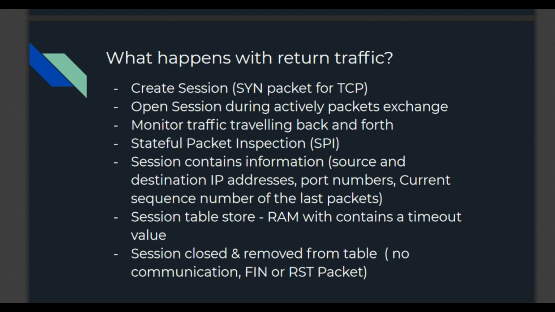If a FIN packet is received, it would be dropped, as it wouldn't be a valid packet, since the three-way handshake has not yet completed. So with the server reply, the firewall translates the server's internal IP address to the relevant external IP address and forwards it to the client. The client will have no knowledge of the server's internal IP address. That is the whole scenario we have described in this session.